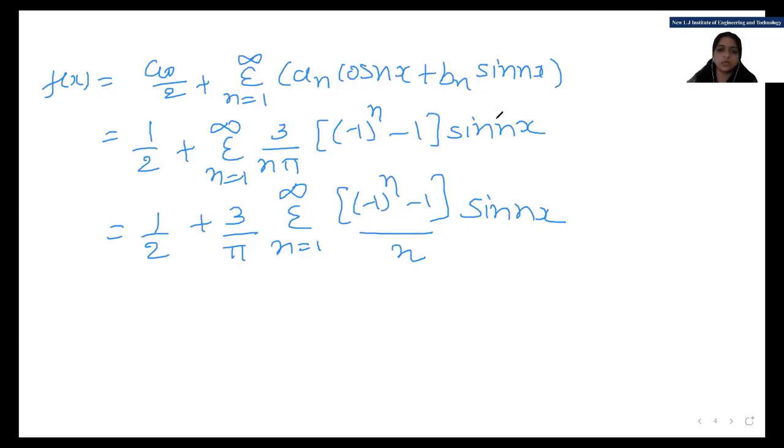Okay. Thank you. Now, let's move on with one more example. Again, I am taking one more discontinuous function, then we move to the even odd function. So this is the last example for the discontinuous function. Suppose our question is: find the Fourier series